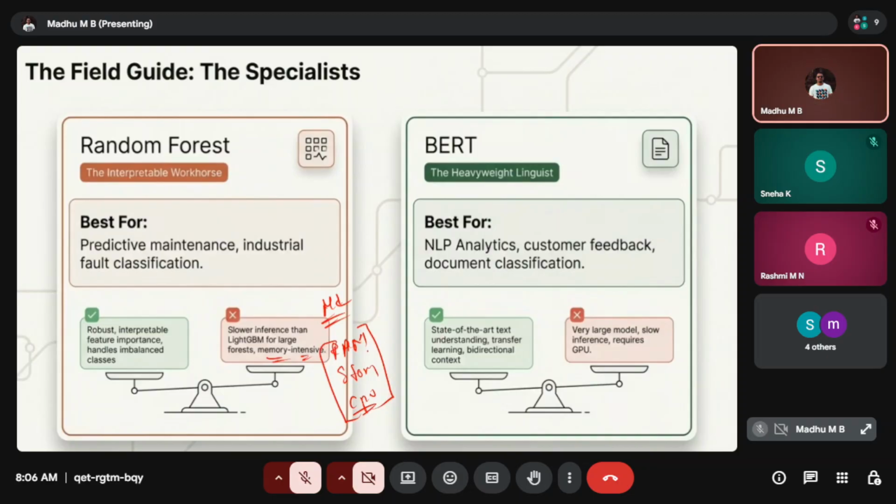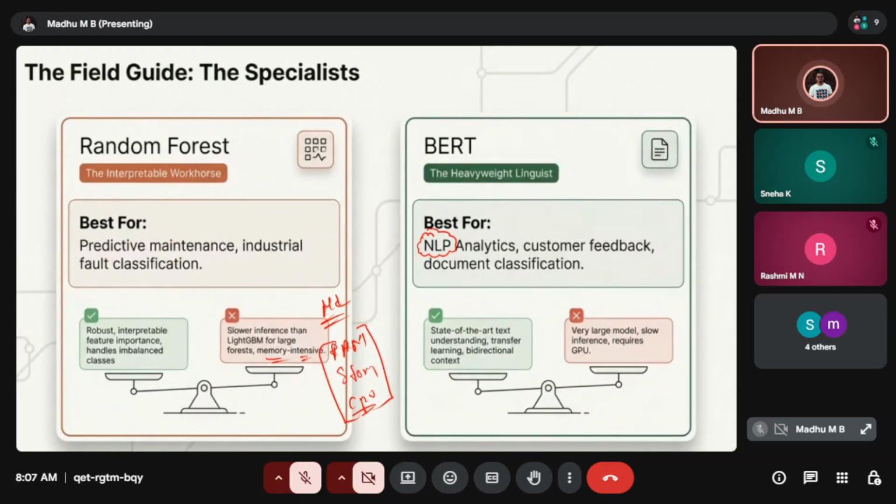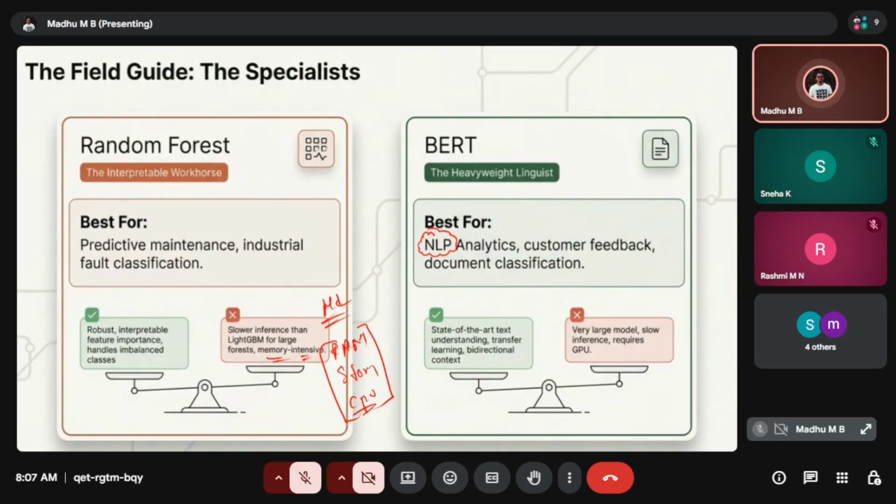This is one thing. Next comes BERT. This is a neural NLP, neural network based machine learning model. For example, if we want to do some analytics based on customer feedback or document classification, it will be an extremely complex document, well connected, with connectivity to different datasets.